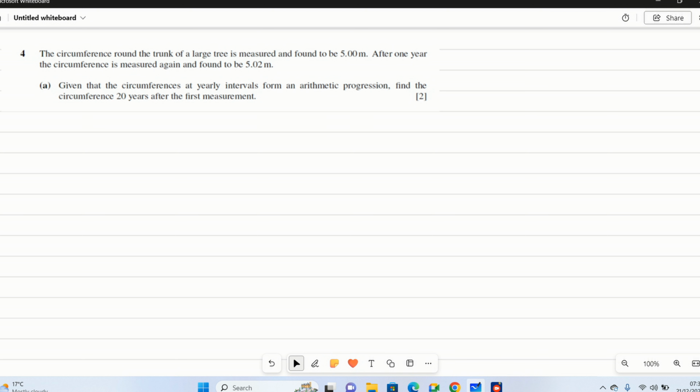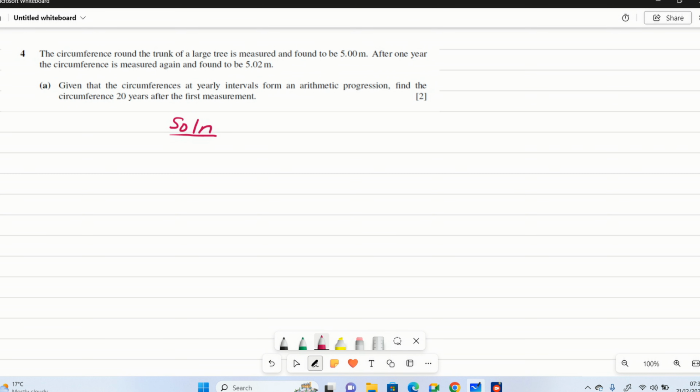The question reads: the circumference around the trunk of a large tree is measured and found to be 5.00 meters. After 1 year, the circumference is measured again and found to be 5.02. Given that the circumferences at yearly intervals form an arithmetic progression, find the circumference 20 years after the first measurement. So when you're given such a question, you need to remember the term-to-term rule